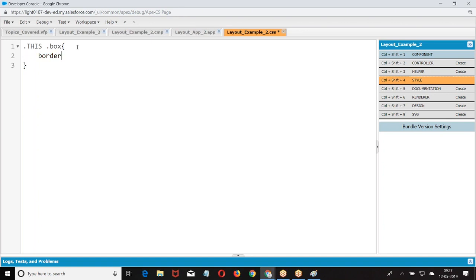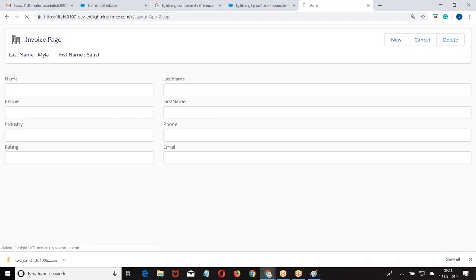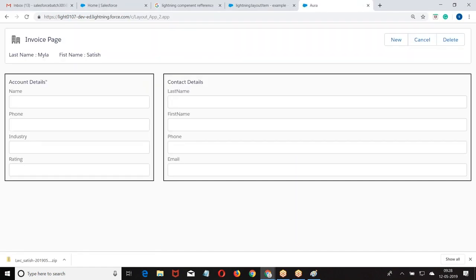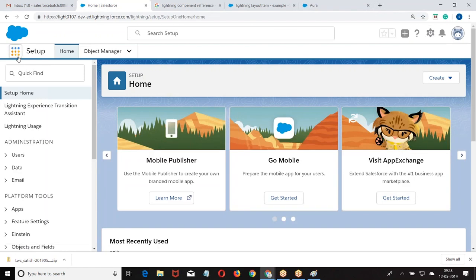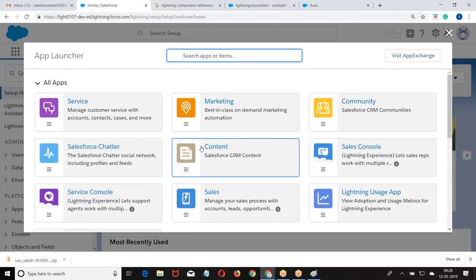Border. But unless I specify the width and height, you will not be able to give a border. Right? So look at this. Now what did we get here? This is the layout. Now finally what are we doing? Again the same story, the same page I was trying to build from day one.